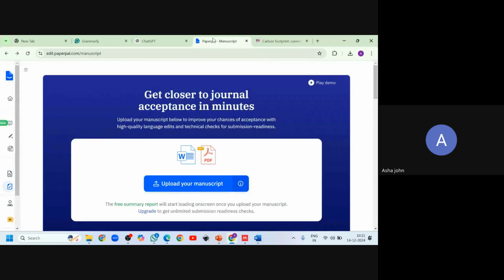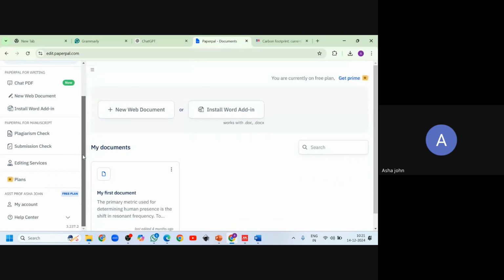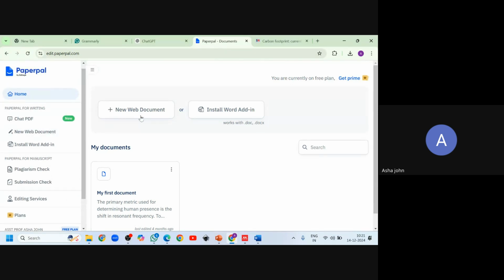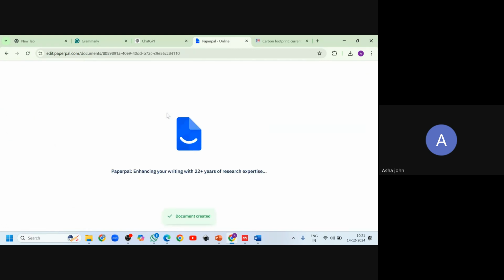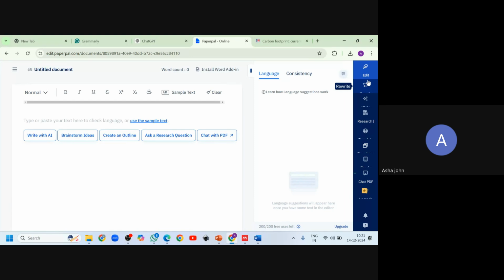If PaperPal is open here, there are various options available. You can create a new document, and various options. Research site is here.